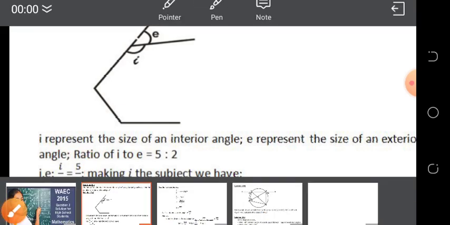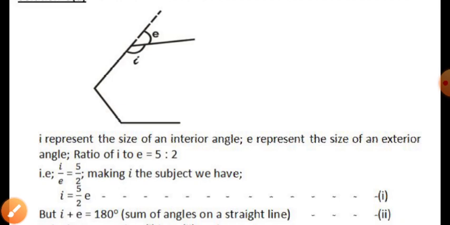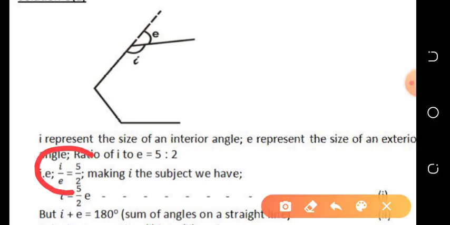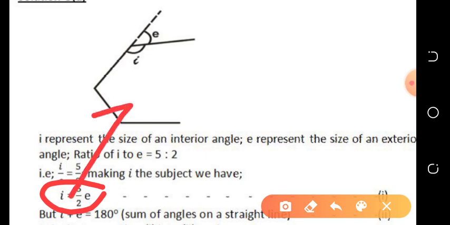Moving on, we want to make I the subject of the formula that we have here. How do we do that? We have solved it here. You have that I is equal to 5/2 E. How did we get that? Look at the calculations here. We have I all over E equals